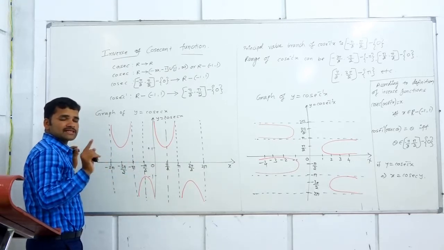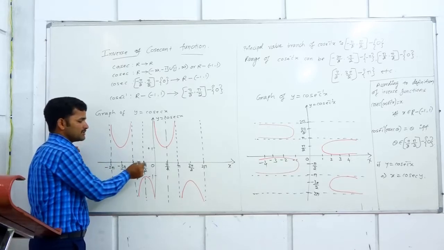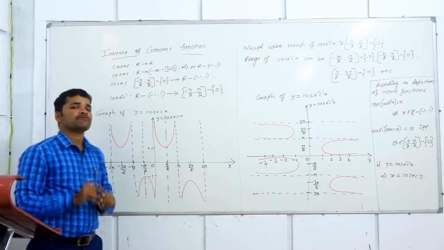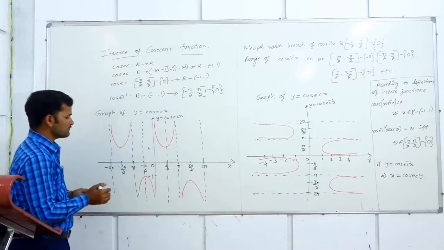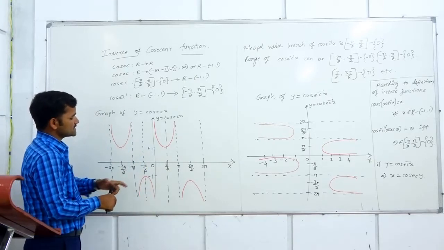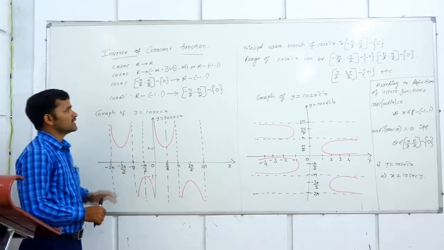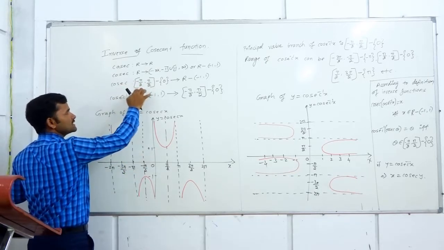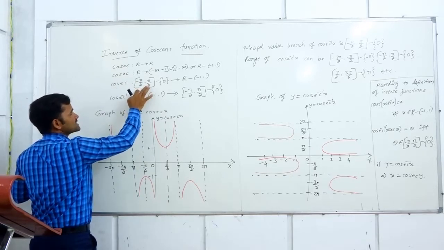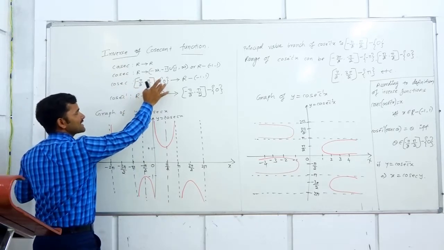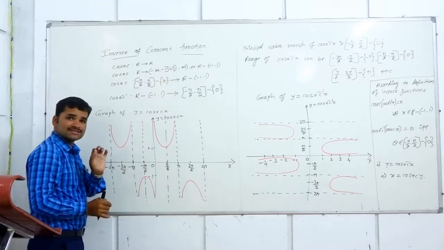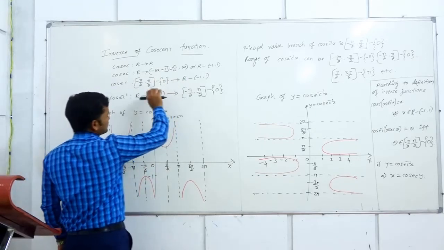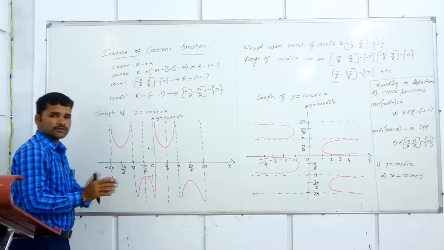Cosecant 0 is equal to infinity at the point 0. We should not consider the points where the function is not defined. The function is not defined at the point 0, in the sense that we have to exclude that point. So we will consider the domain of cosecant as angles from minus pi by 2 to plus pi by 2 except 0. We should exclude that. After this the given function becomes one-one and onto.